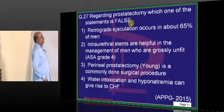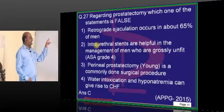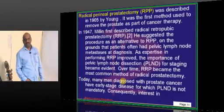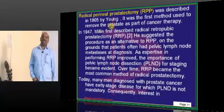Oh, this is the MCS urology wala question है. प्रोस्टेटेक्टमी में दो तरीके की प्रोस्टेटेक्टमी होते हैं, एक होता है पेरिनियल प्रोस्टेटेक्टमी, ओरिजिनली रैडिकल पेरिनियल प्रोस्टेटेक्टमी 1905 100 साल के पहले यंग ने इंट्रोड्यूस किया।